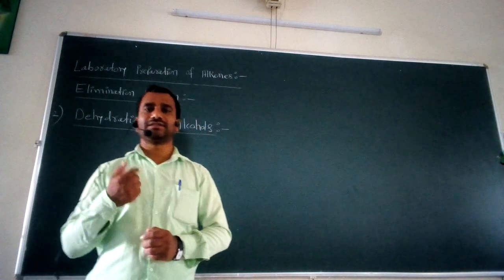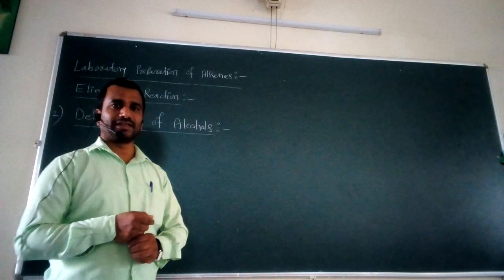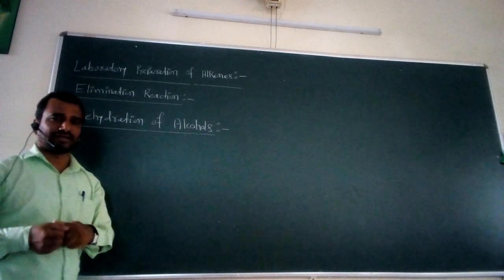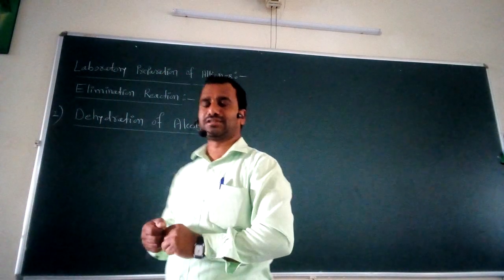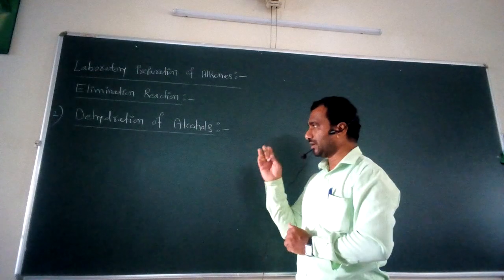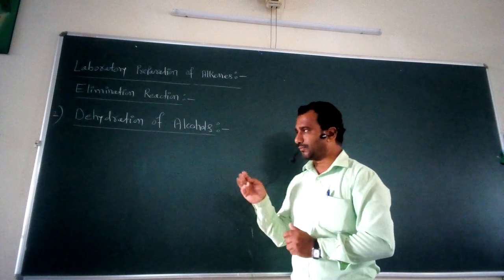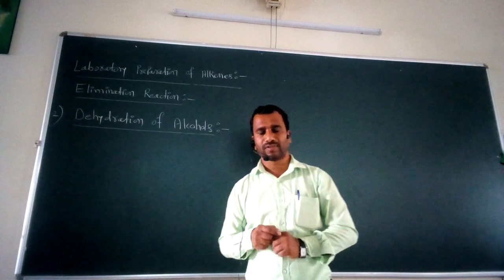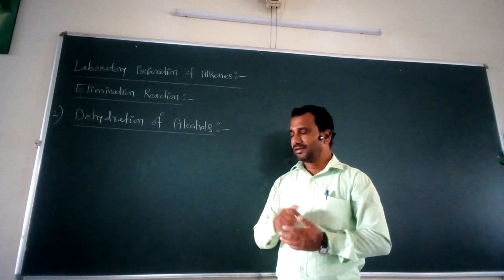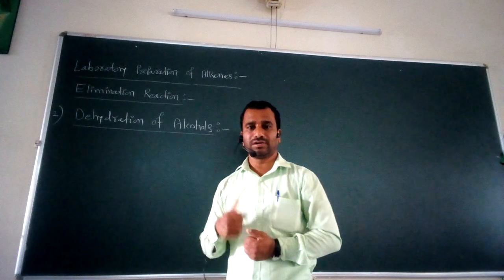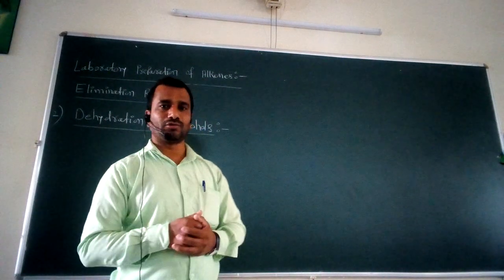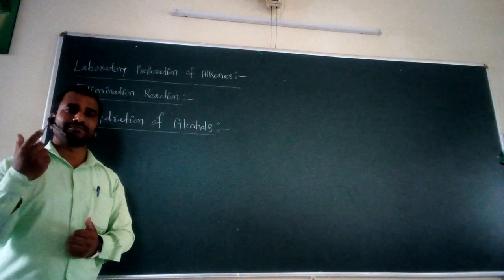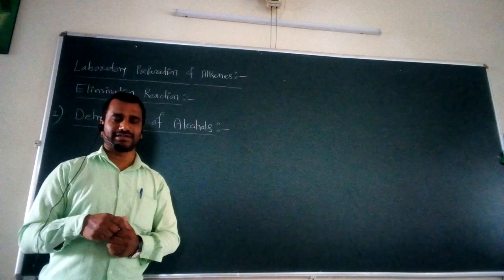Now, continuing the same point, today we have to take the second elimination reaction. That reaction is called the dehydration of alcohols, for the formation of these alkenes. So, for this purpose, what are the requirements for the dehydration of alcohols? First of all, the reactant molecule is no doubt the alcohol. We have to take a suitable alcohol for this reaction. Secondly, we have to take some suitable reagent for dehydration.